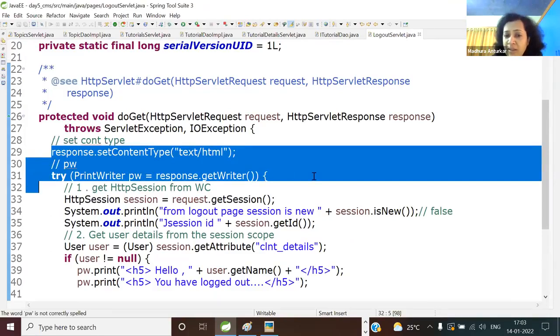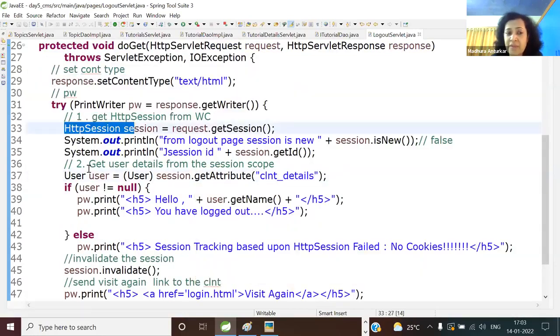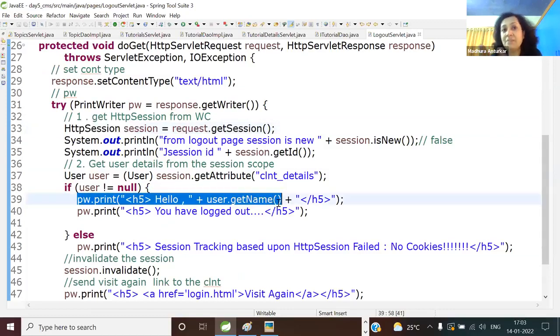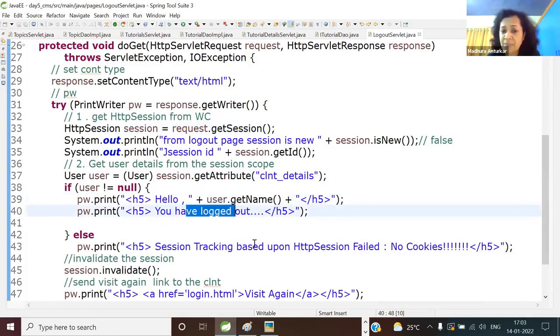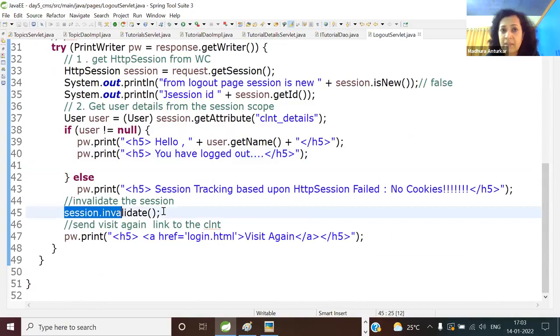Here, I wanted to get the client details, so I've got it from the HTTP session as always. Checking for null value, getting the user, confirming whether we are remembering the user or not, and accordingly giving a message: you have logged out. Else case, session tracking failure. And the most important line in the entire code is discarding the